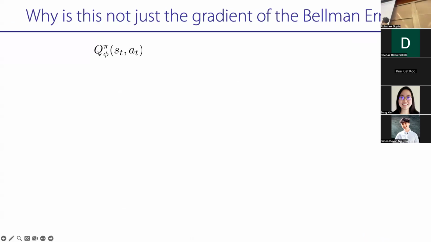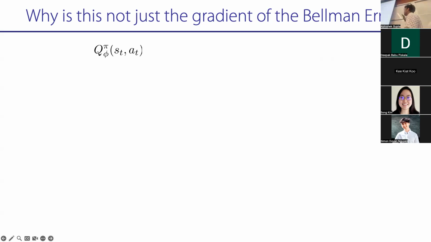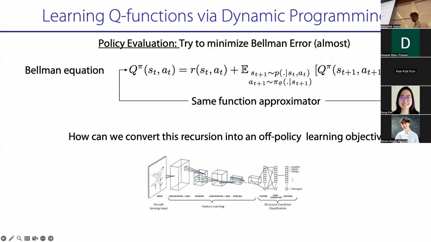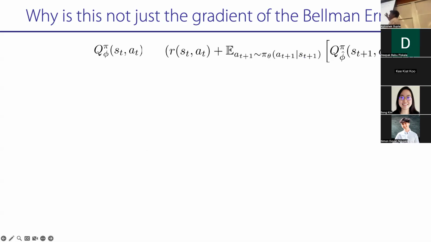Well, we're going to take the left-hand side, which is Q pi s_t a_t with some function approximator. Let's say the parameters are phi, right? So on the left-hand side, you have Q pi sub phi s_t a_t. On the right-hand side, you have the target. If you remember, this thing is often called the target. That's your Q function, this is the target. And so what you're saying here is that you want to make Q(s,a) equal to the target.